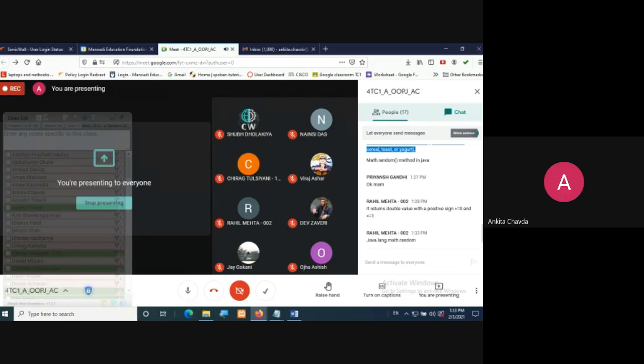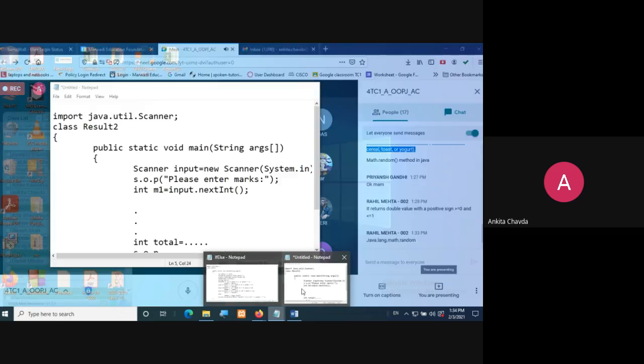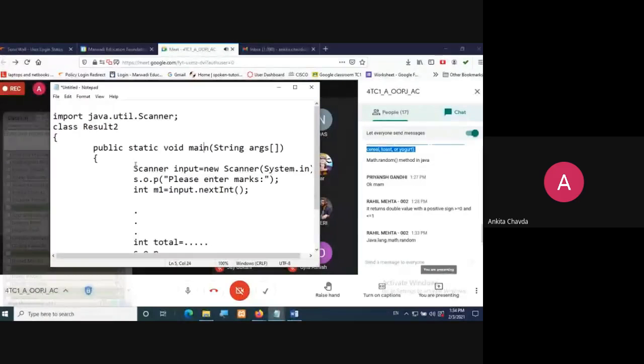That is the random class, dear. Okay, fine. Java.lang.Math.random, that package is the static package. So by default, if you are not writing anything in the program, say suppose this is the only program, if we are not using Scanner, we don't need to write any package here. So that is the static package. By default, it will be there.